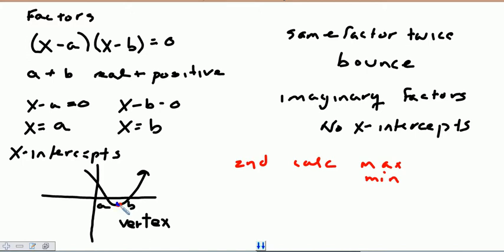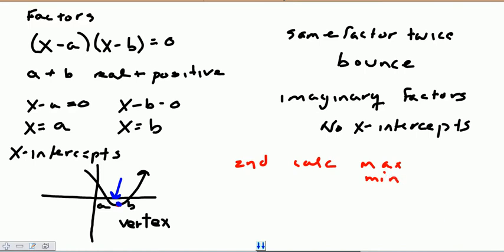Now, the other thing that's kind of important about these quadratics that you use a lot of times in word problems is the vertex. Vertex is a minimum or a maximum value, and you can find that using your calculator if you graph it, using second calc max or second calc min. This would be a minimum. It's a minimum possible value. It doesn't go down any further than that. Had it opened the other direction, had it been a frowny face, then you would have had a maximum. And you see that a lot of times